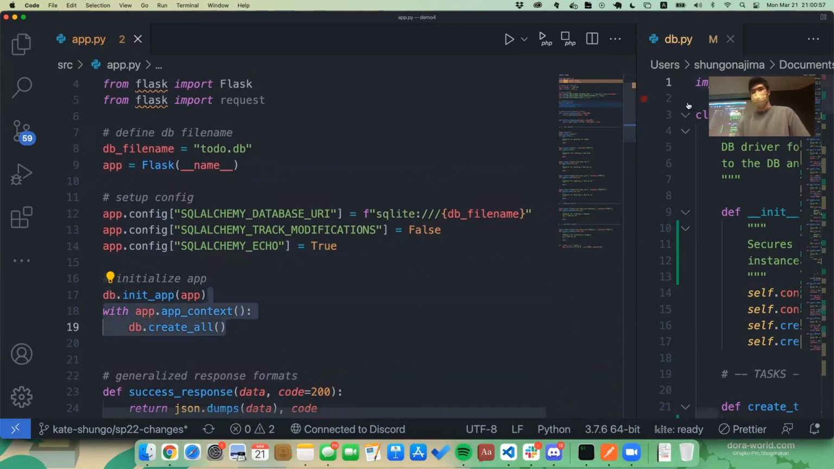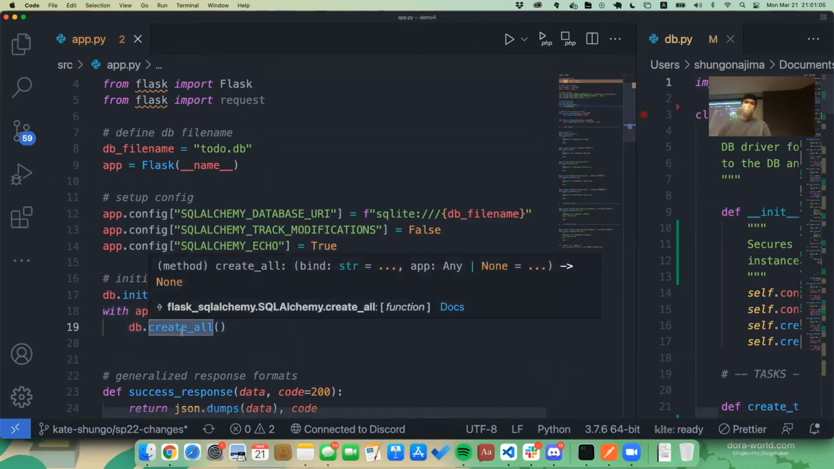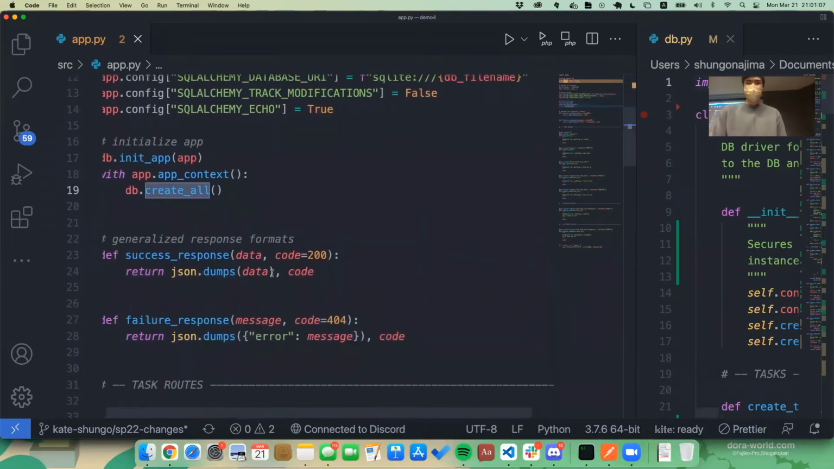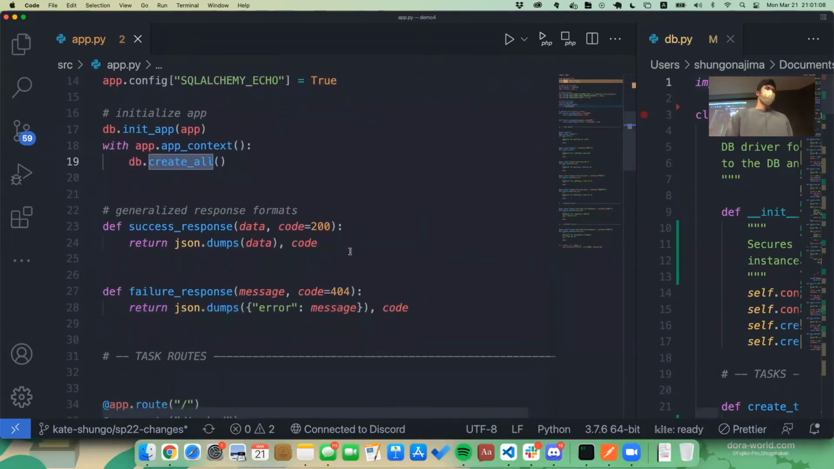These are just some syntax stuff for initializing the app, and you won't have to worry about it too much. But create_all creates all our tables, which we'll define in a second. So that's what that does. Okay, and for those of you who may not have understood what these do from previous lectures or from the previous demo,